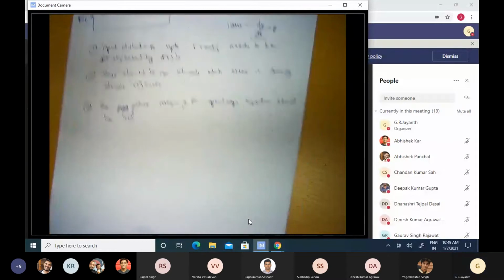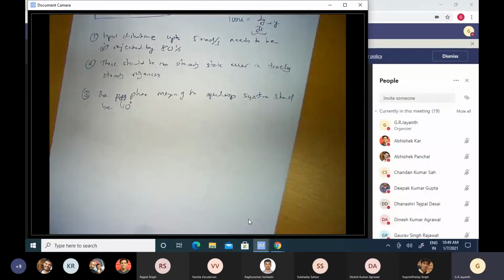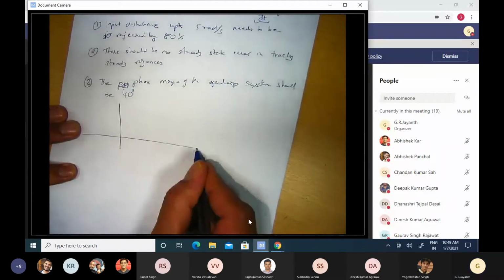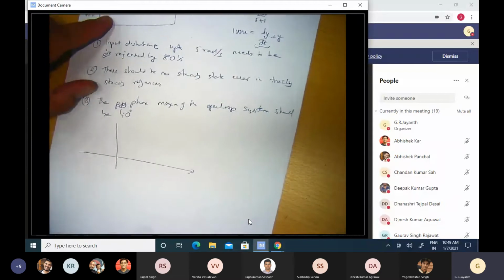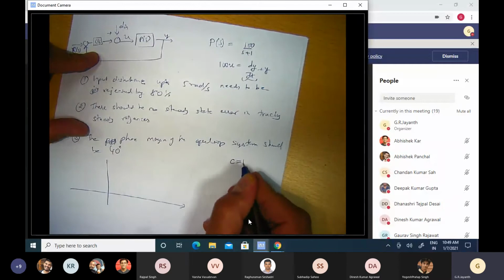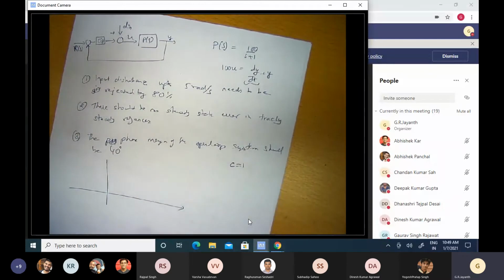Okay, now we will be executing the design using Bode plots, because as we discussed, that's quite intuitive. So let me draw the Bode plot of the open loop system. We have not yet designed our controller. So for the first cut, let us assume C is equal to 1. That's where we are at right now. We don't know what C we would need to pick eventually for us to satisfy all these three requirements.